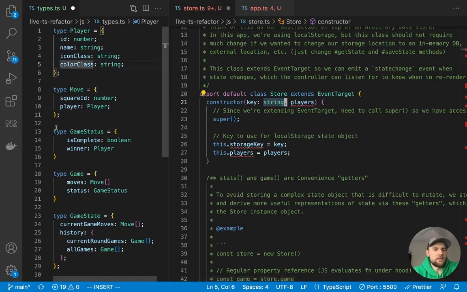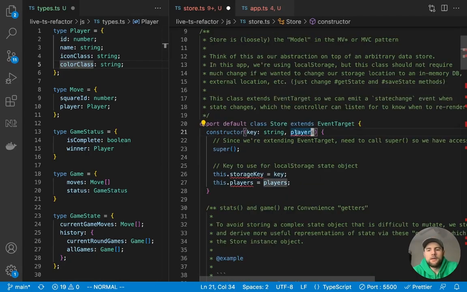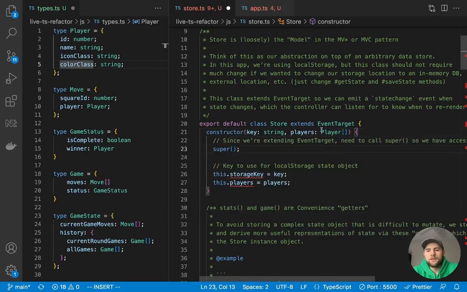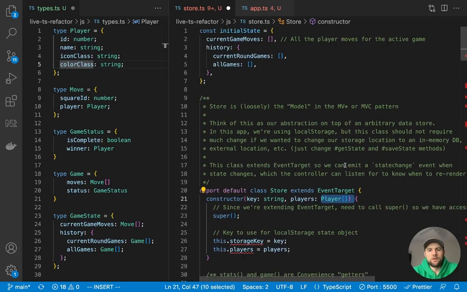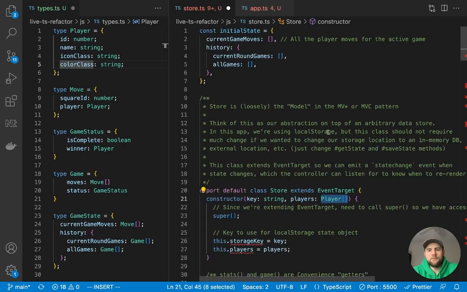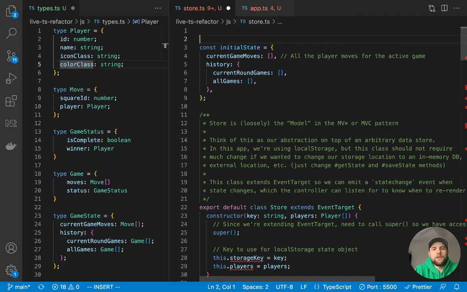We don't need to do anything over in our types file because we don't need to redefine a string. Now, players is going to be an array of players. So we'll give it a colon, and then we will say player and then array. So that is going to be the type we're dealing with. Now you can see that it figured out that type already, even though we didn't import it. Now, this is not always going to be the case. It works okay here, but generally what you'd want to do is import that type explicitly.